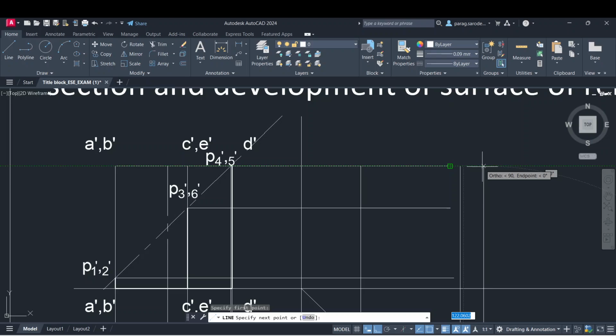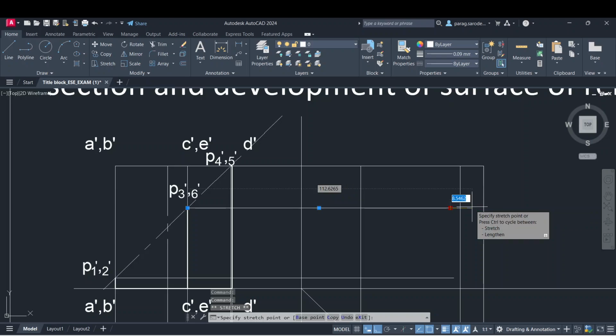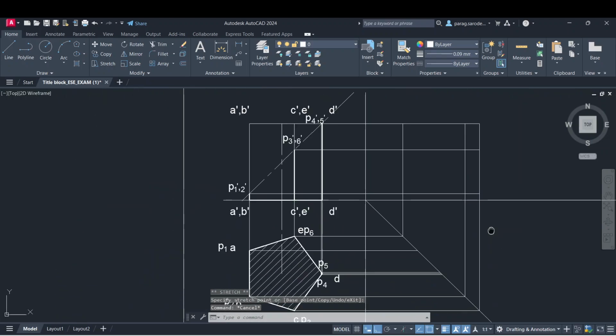In this way, you can see this polar tracking. This polar tracking mode is useful because you can extend the line which is not actually present. Till that mode, you can extend. Extend this. Okay. Now here,